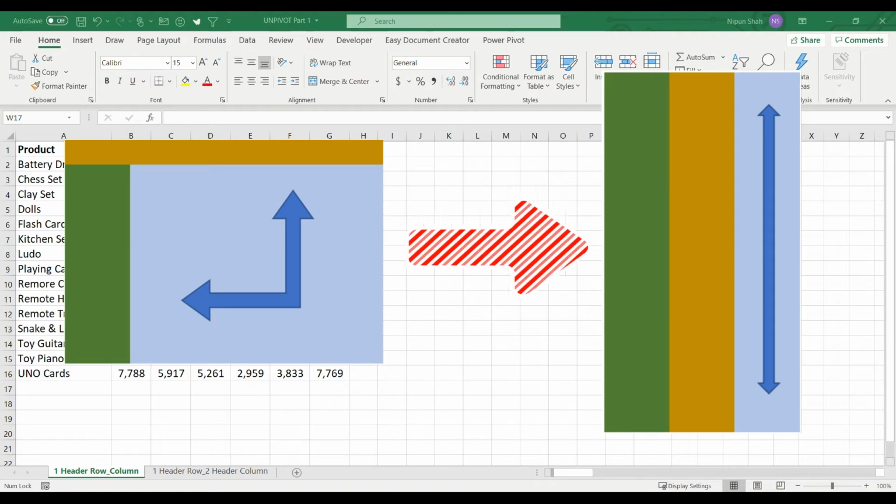Today in this episode I will show how you can unpivot the data. We all know the process of making a pivot table from a tabular data source. This episode will teach you how you can convert pivot like data report back to the tabular form.